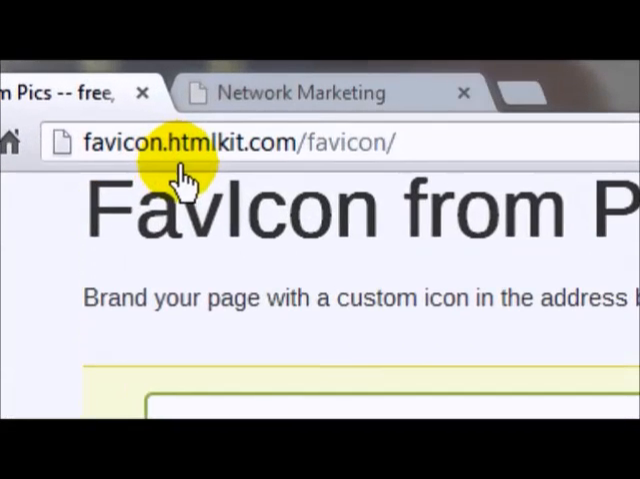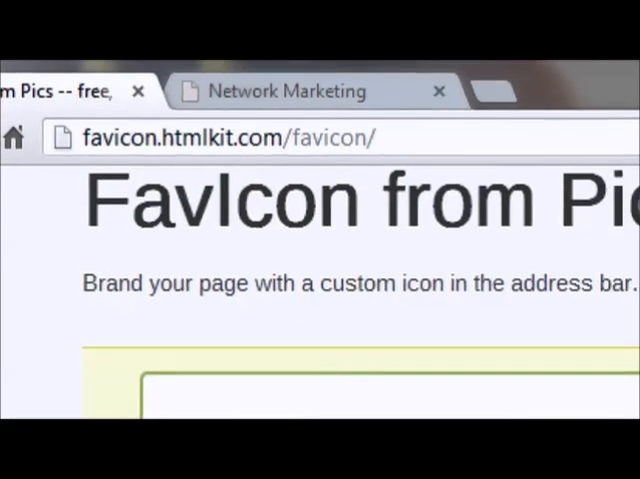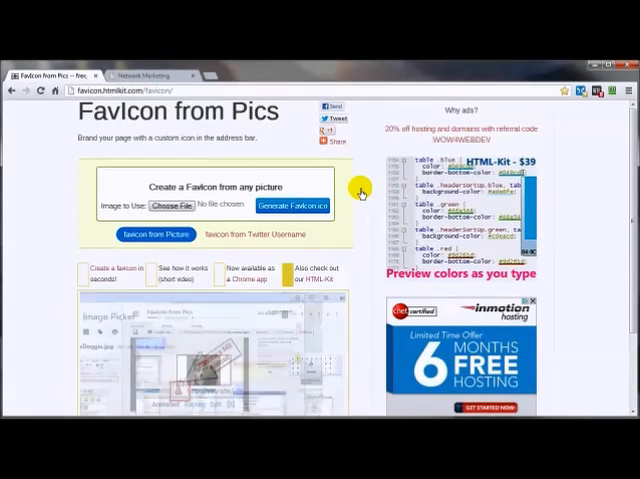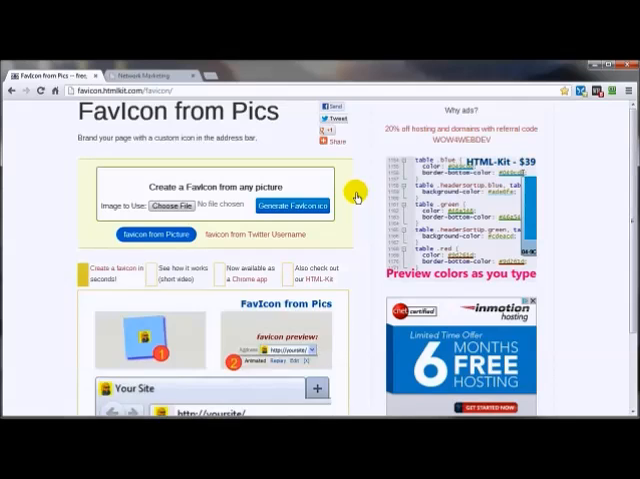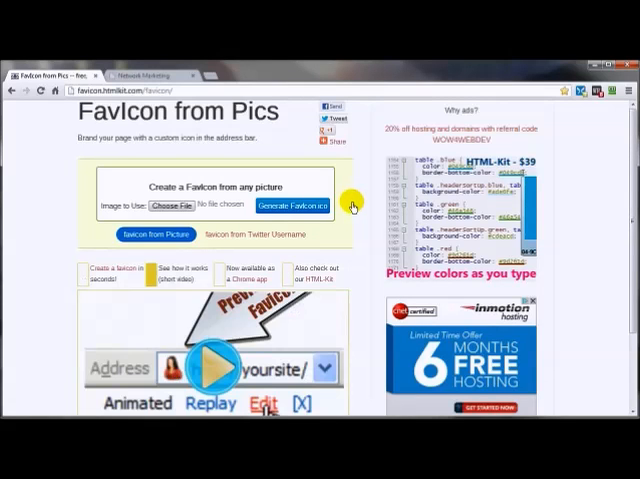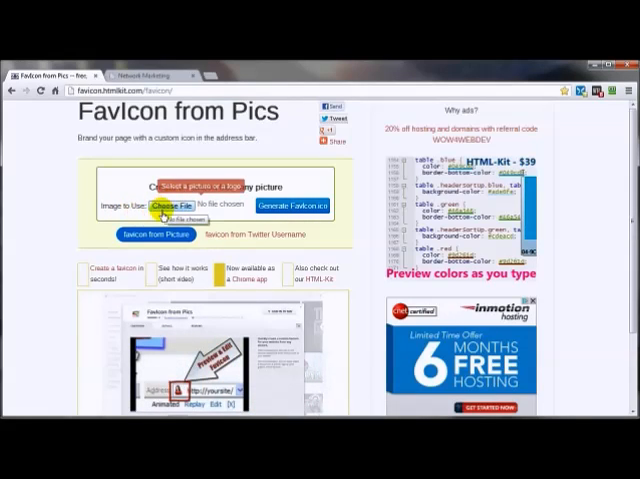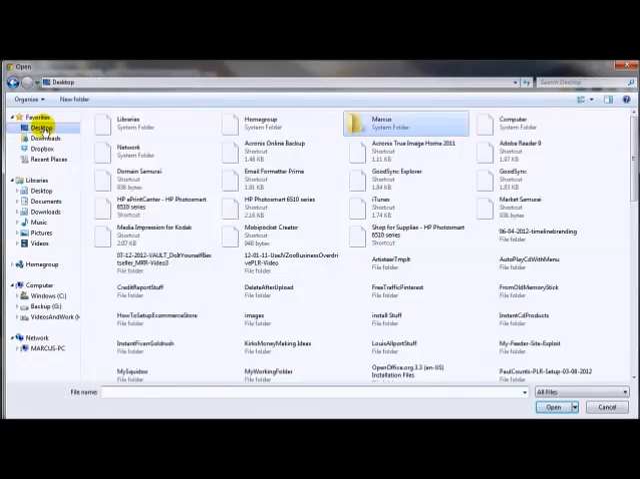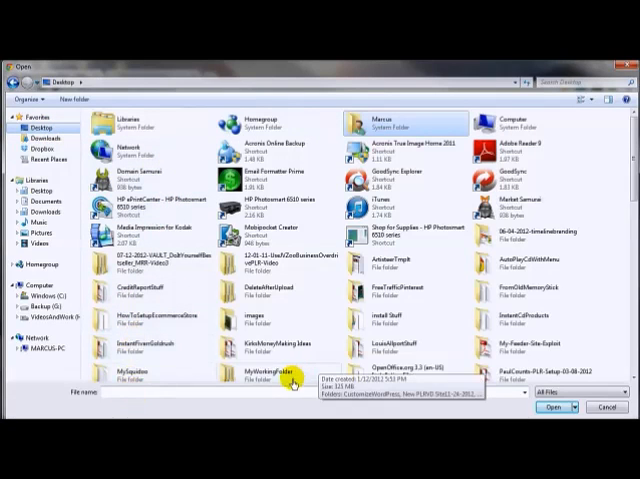It's favicon.htmlkit.com/favicon. And it's pretty simple too. You've got an image, for example, if you've got a logo that you're working with on your website, that would be a great place to start. I'm just going to use one that I've got just laying around for a cPanel icon. So we want to first go over here to choose file. What a lovely dog. And you want to navigate to the location of your image that you want to turn